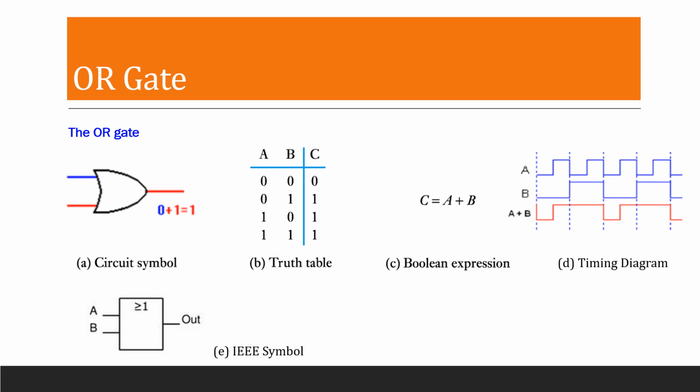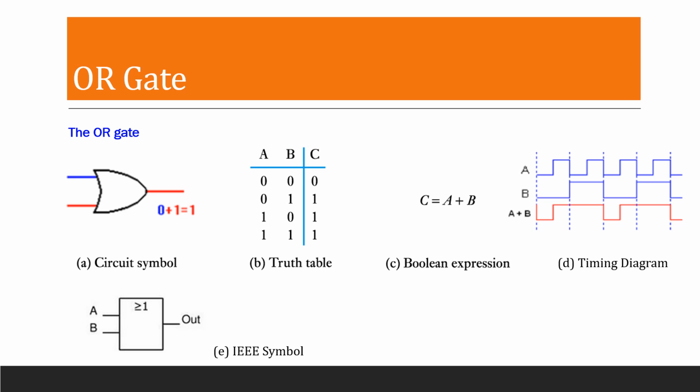When we look into the timing diagram, if the A value is 0 and B value is 0, 0 plus 0, we'll be getting C as 0. Then if A value is 1 and B value is 0, we'll be getting 1. A value 0 and B value 1 gives 1. If A value is 1 and B value is 1, again it gives 1. If A is 0, B is 0, it moves to the 0 state, right? So if any of the inputs is 1, then it generates a high output.